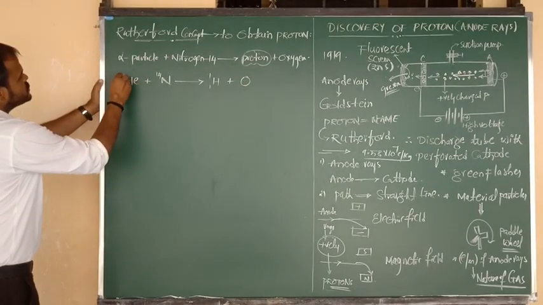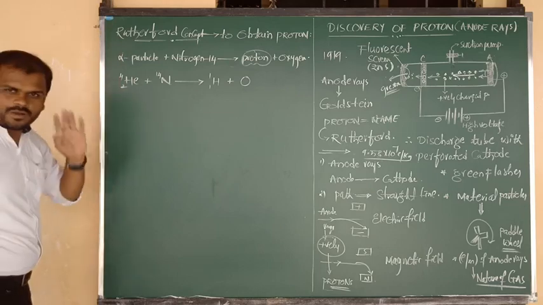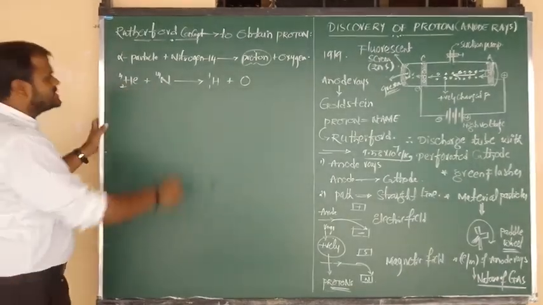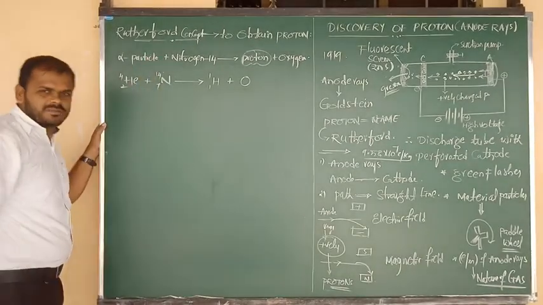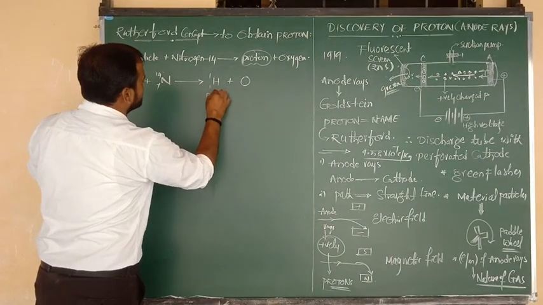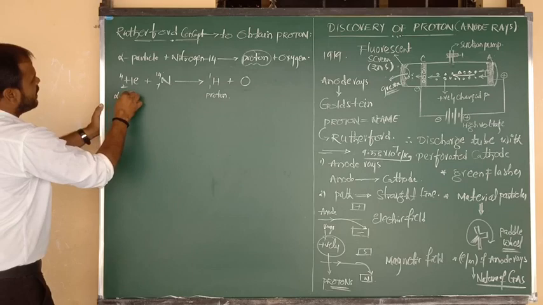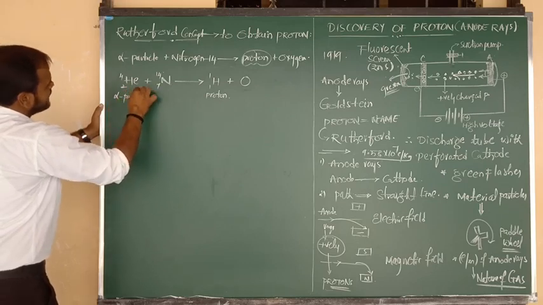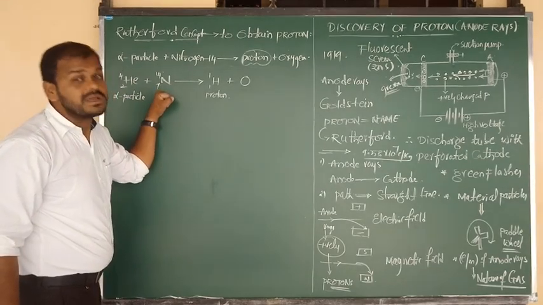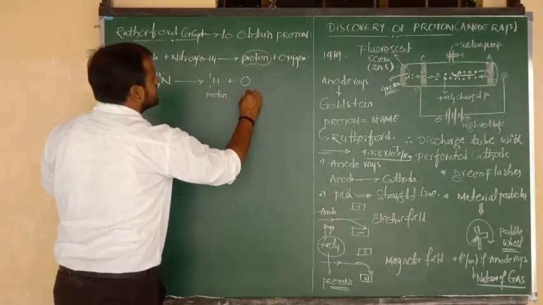Helium has atomic number 2, mass number 4. This is nothing but the alpha particle. When it bombards the nitrogen atomic nucleus, with atomic number 7 and mass number 14, automatically here we get the product, proton. And this is the alpha particle, or we can say helium particle. When it collides with the nucleus of nitrogen, it produces the proton. And here what atom are we getting?